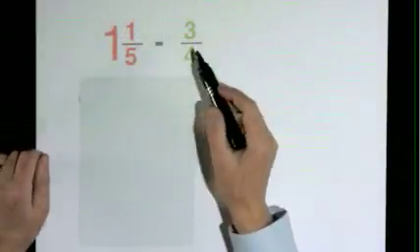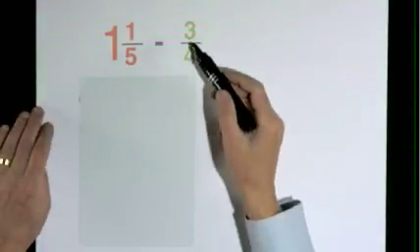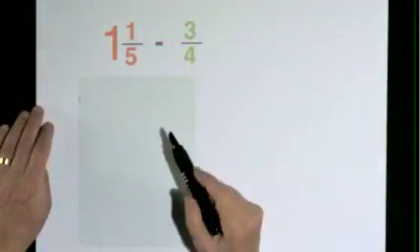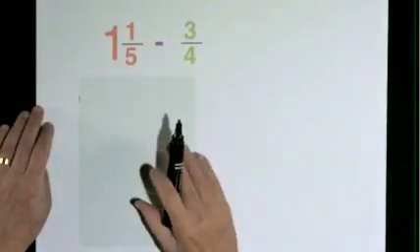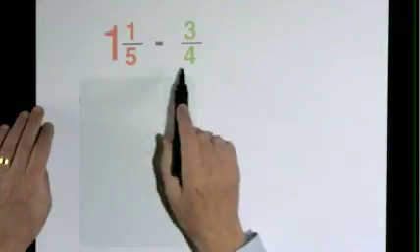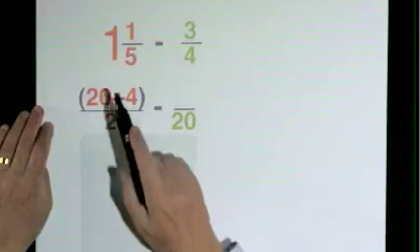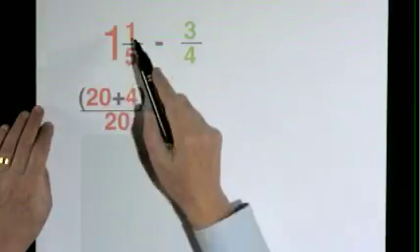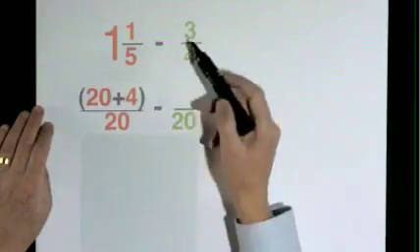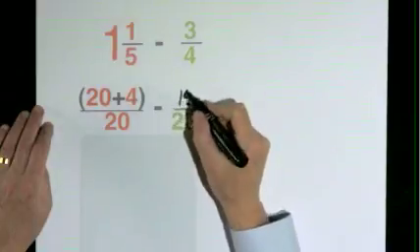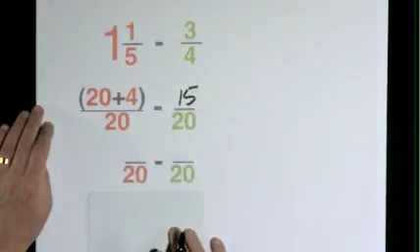1 1/5 subtract 3/4. 3/4 is bigger than 1/5, so we have to exchange from the whole number. Also, best to make your denominator 20ths. So 1 is 20/20, and 1/5 is 4/20. 3/4 is 15/20. So we have